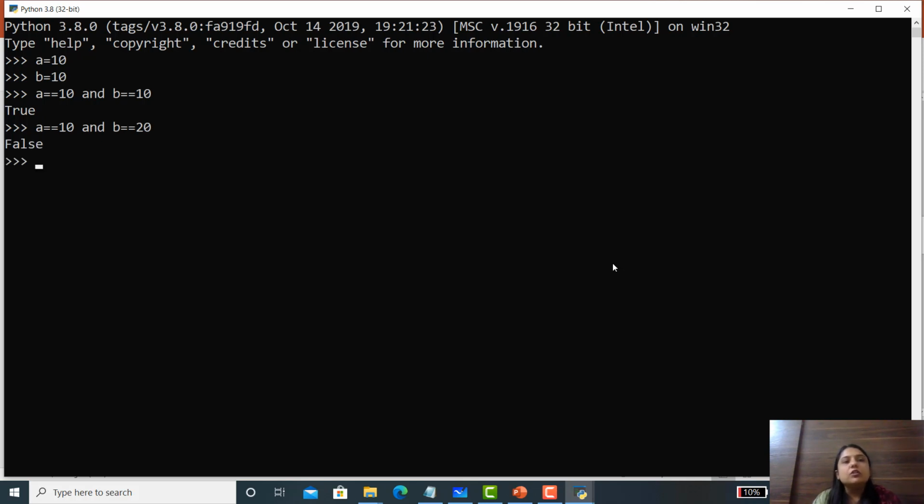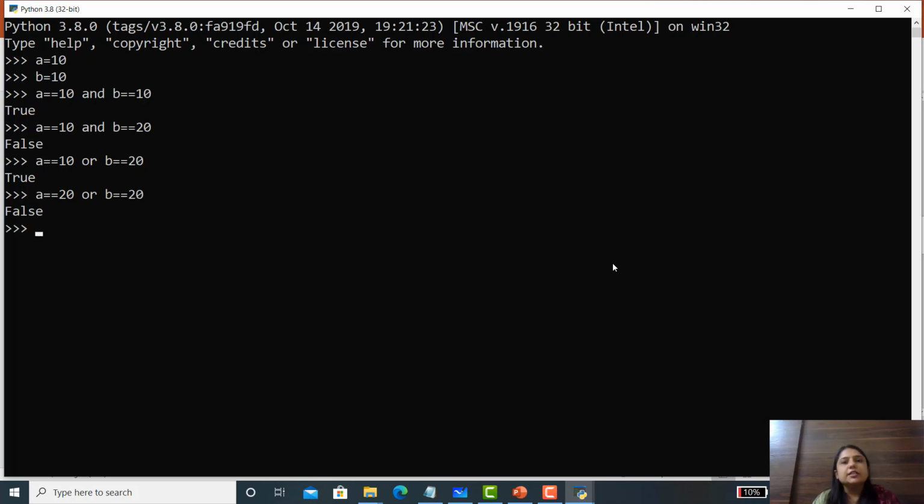Now for the OR operation, in this case, if I use OR instead of AND, with B equal to 20, here one condition is satisfied. So the answer is true. But if none of the conditions is satisfied, then the answer is false.